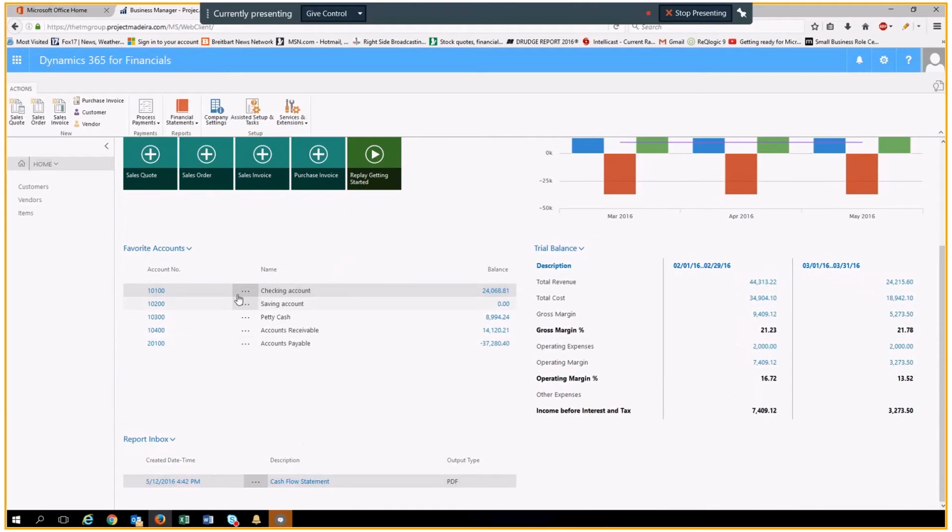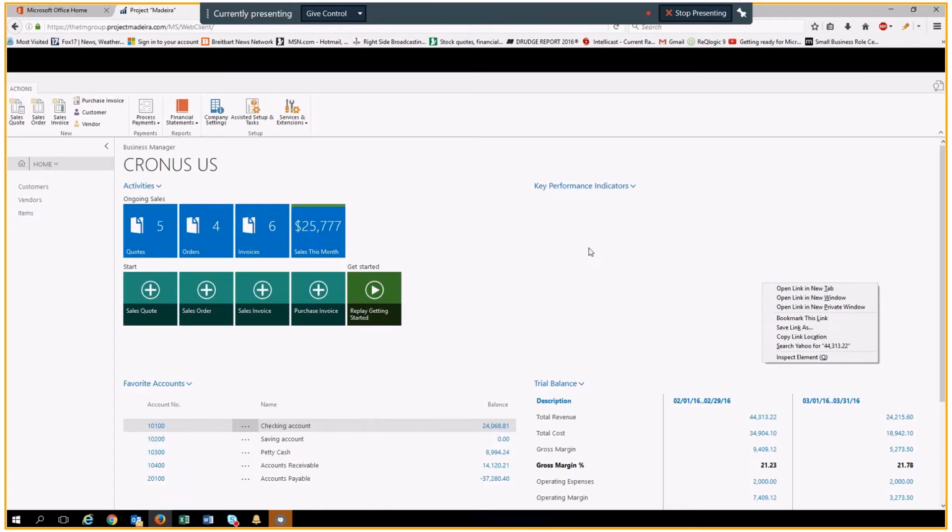Also, some of the accounts that we like to watch. If I'm the business owner, I like to watch my cash. I like to see my accounts payable, and I like to see accounts receivable, how much money I owe. And then over here on the right-hand side, I've set up a trial balance. Total revenue, total cost, gross margin, always nice to know by period, previous periods, and so forth. And each one of these, you can see are hyperlinks. So if I want to drill down into total revenue to find out how I arrived at $44,000,